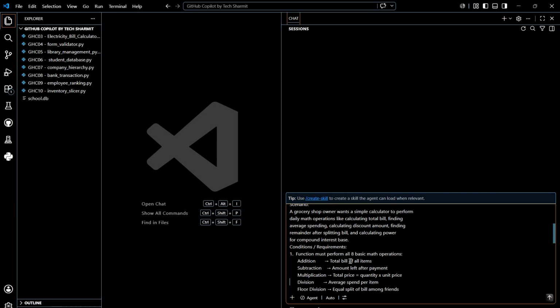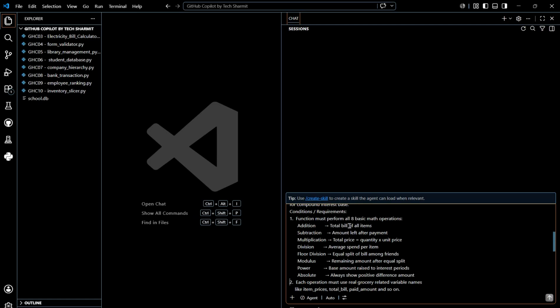So I'll explain that one by one. First thing is, the function must perform all 8 basic math operations, which include addition for the total bill of items, subtraction for the amount left after payment, multiplication for total price equals quantity per unit, division for average spend per item,